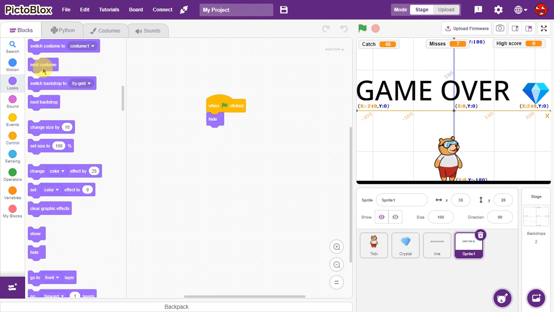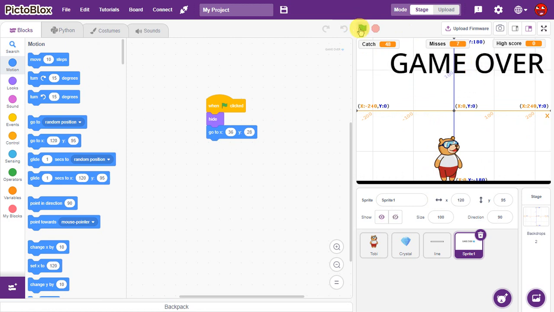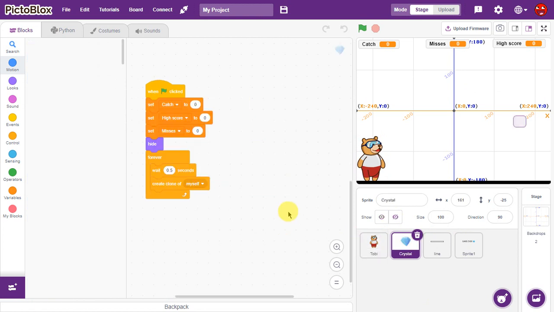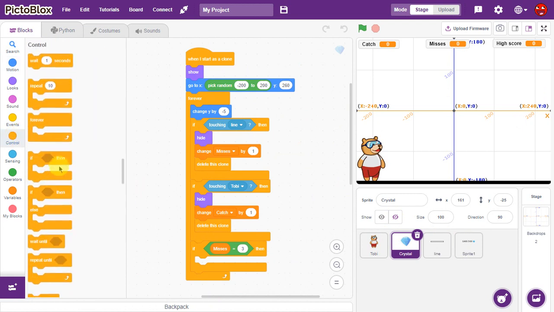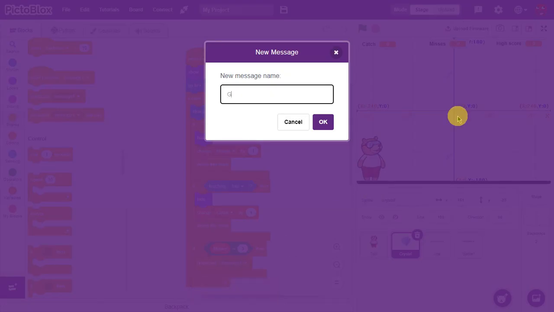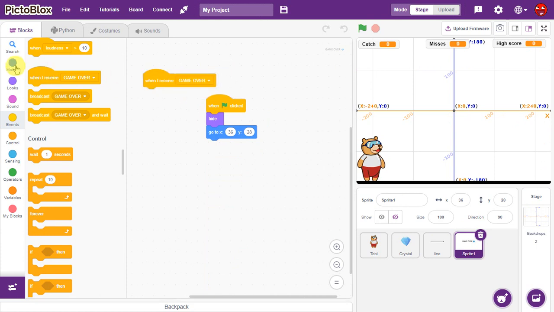So nothing can move. Even if I do it like this and start the game, it goes exactly there where it's hitting, and boom. See? So in crystals, I'm going to go up and up and up and broadcast game over. Broadcast game over, and boom. When I receive game over, show, and we're there. So if I save this, and